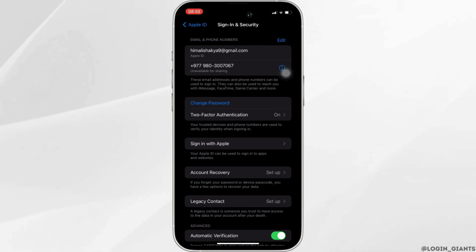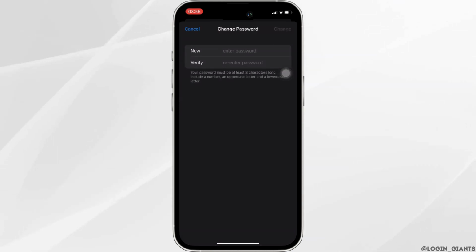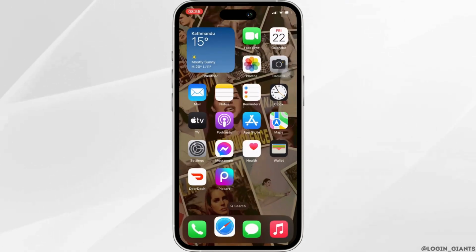Click on Change Password. Enter your previous password for now. And now what you want to do is change your password. Create a new password and click on Change at the top right corner. Once it has been done, the next thing you want to do is go back and head over to